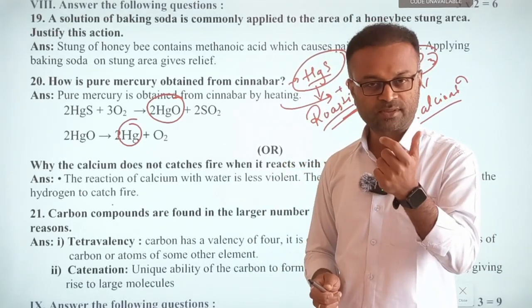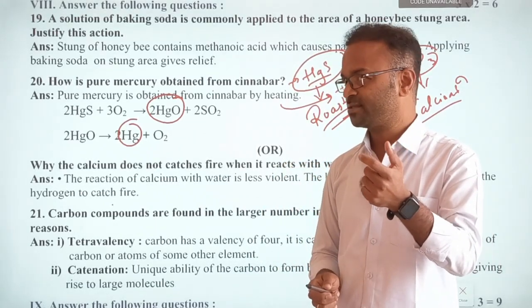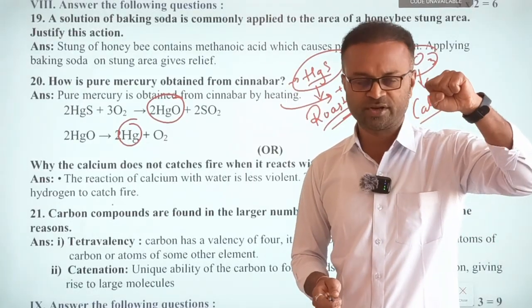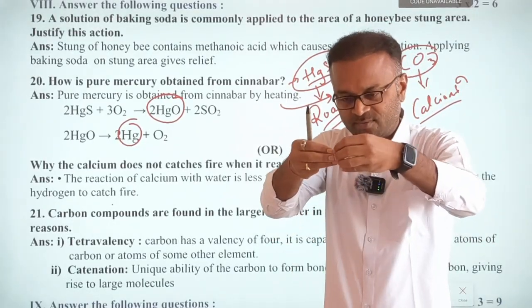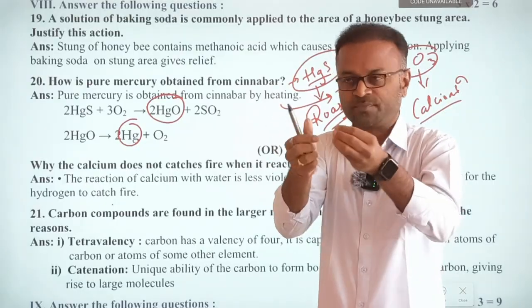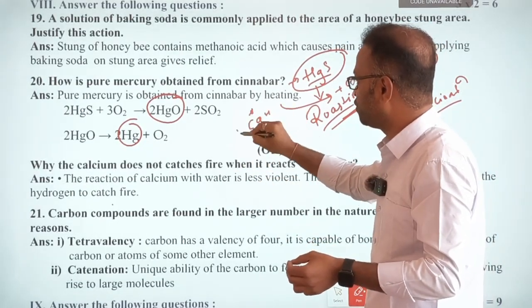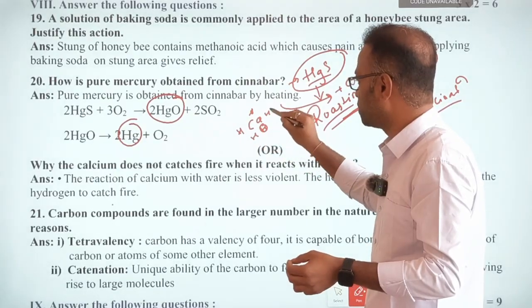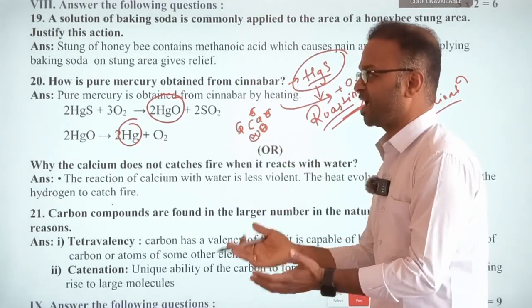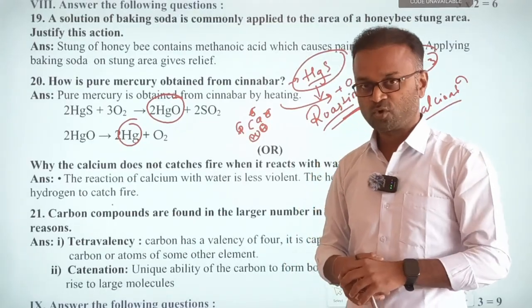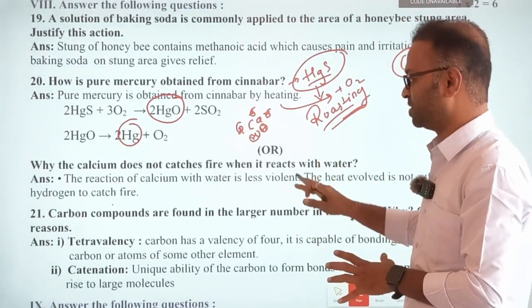One more question will come on this concept. When you mix calcium with water, it will liberate hydrogen gas. That hydrogen gas bubbles will start sticking around the calcium. That's the reason calcium will come and float on the surface of the water. Keep that in mind, sometimes they'll ask questions related to this also. Okay, hope this is clear.